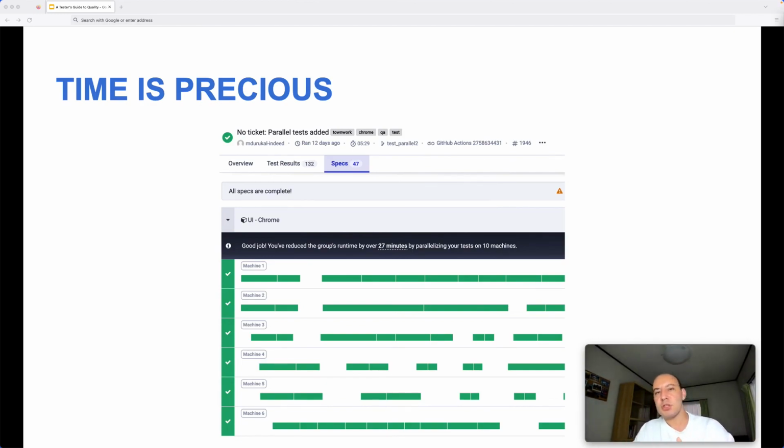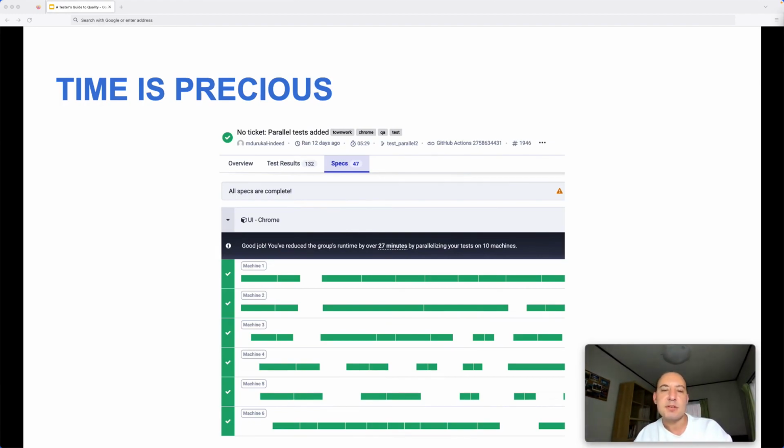If individually inside the test cases, we have some dummy waits, of course we can get rid of them, because normally, ideally, we don't need any dummy wait inside the test code. If we are waiting for something else, then we can add some smart waits. And if the condition is already there, then we don't have to wait anymore. We can continue on or proceed with the next steps.